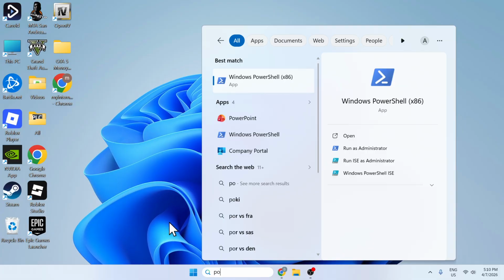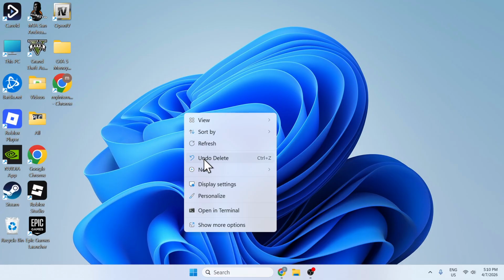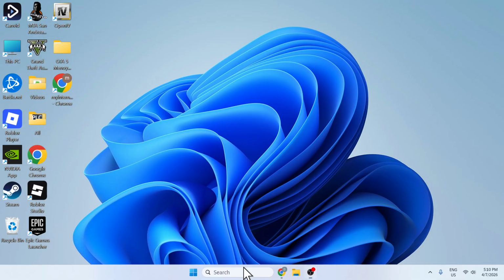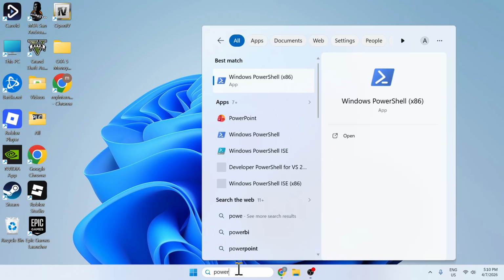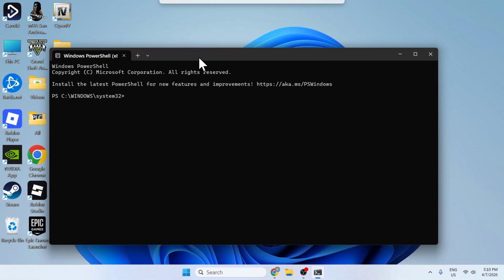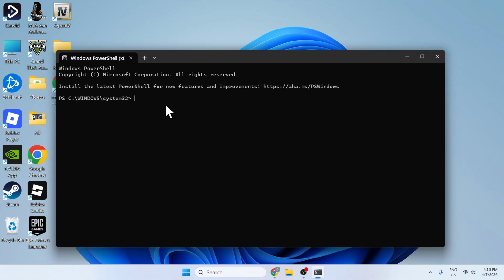You could either open it by typing it here or just right click, and if you go here, open in terminal. This should be the same as PowerShell, but I'm gonna show you how to open it here. So just type PowerShell. So this is PowerShell. I'll open it like this, and now I will just write this command: IRM space colons, and actually let me put this,